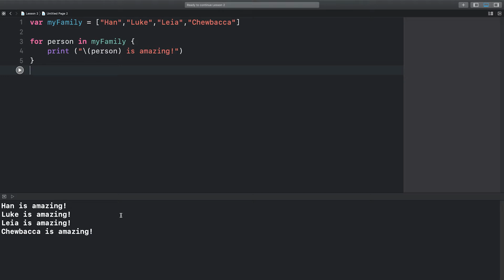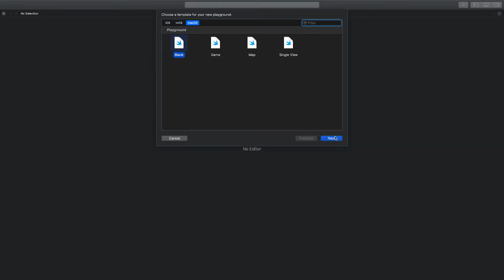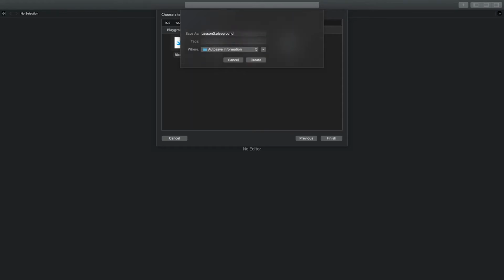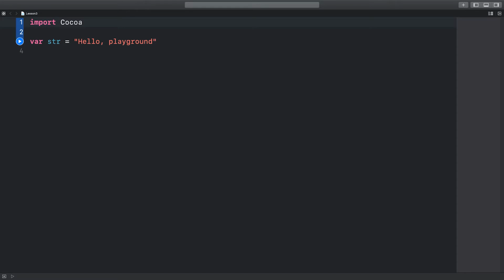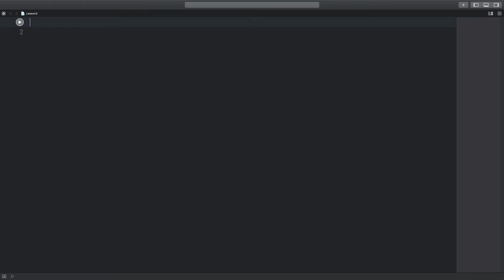Today, we're going to go even further into using for loops. I'll create a new Swift playground, and I'll call this one Lesson 3. And once again, I'm going to go ahead and delete the code that Apple has put here automatically because we don't need it today. I'll begin by creating another variable, and this one is going to be called